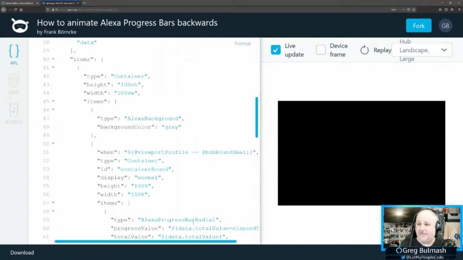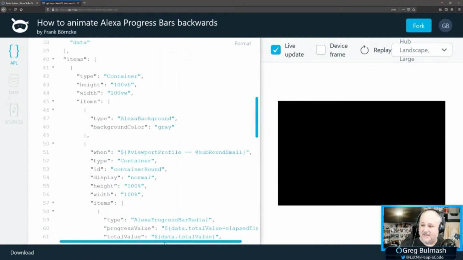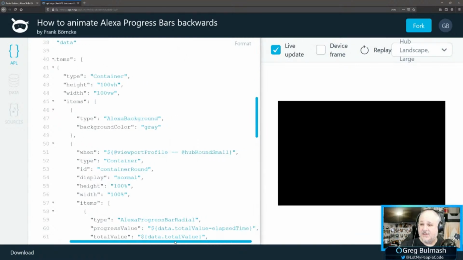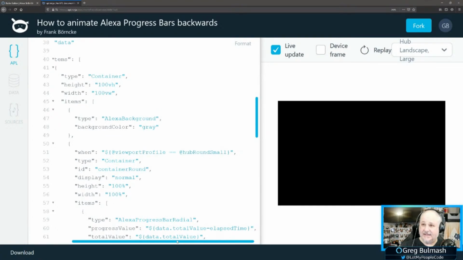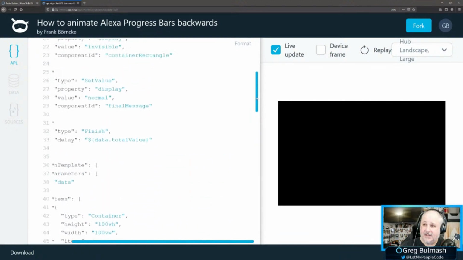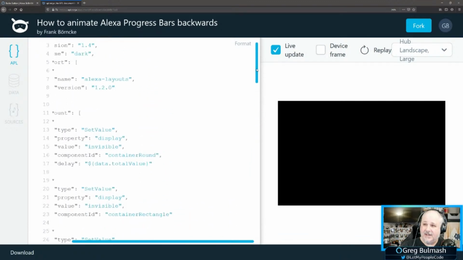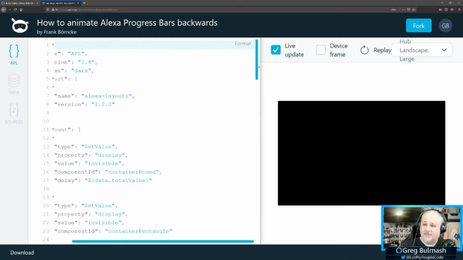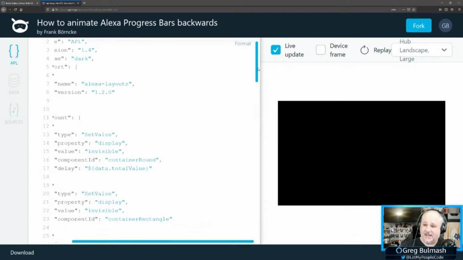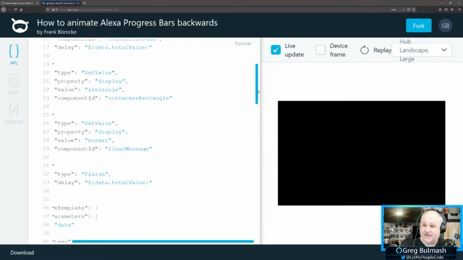So, we talk about responsive design, and sometimes you do have to do something a little bit different, especially when you're designing for the Echo Spot, because it's round and it's smaller. And up here, Frank's bringing in the Alexa layouts and getting the various values.